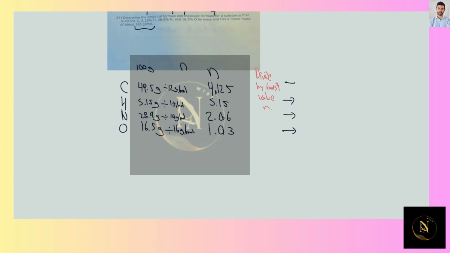you can see clearly that for oxygen, we would get 1. For nitrogen, we would get 2. For hydrogen, we would get 5. And finally, for carbon, it would correspond to 4. In this case, it is not going to be exactly 4, but we're going to round it to the nearest integer number. So with this, the empirical formula